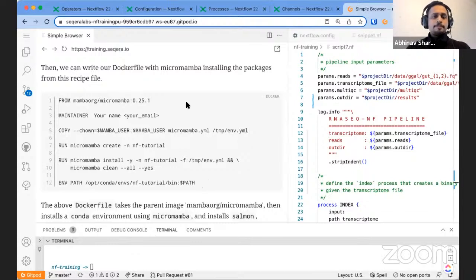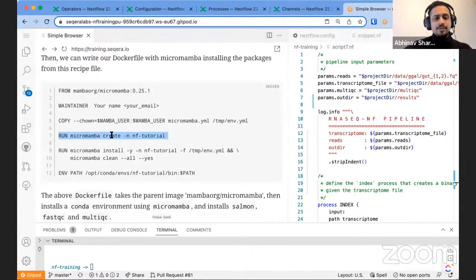This is a Dockerfile, and this Dockerfile comes with a pre-built Conda implementation. What we have delivered over here is a Dockerfile which relies on MicroMamba, which is a compatible but faster version of Conda. So it creates the environment, and then it installs in the environment everything you provided in the file above,